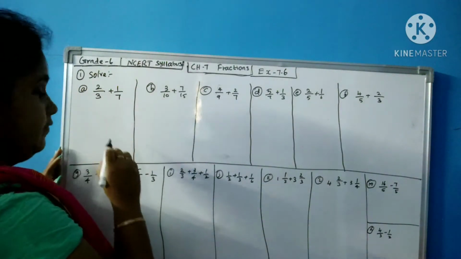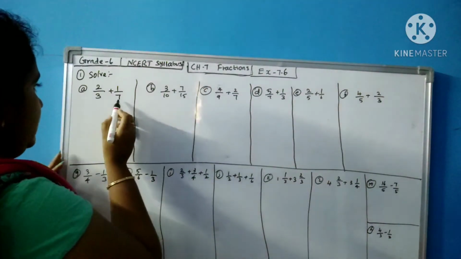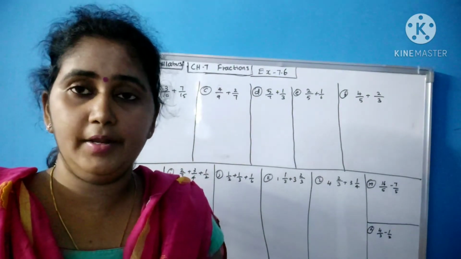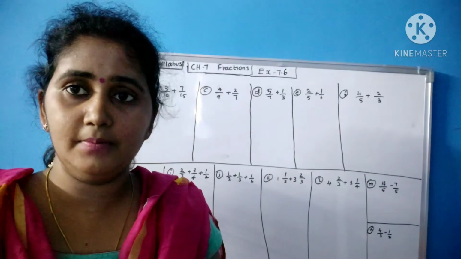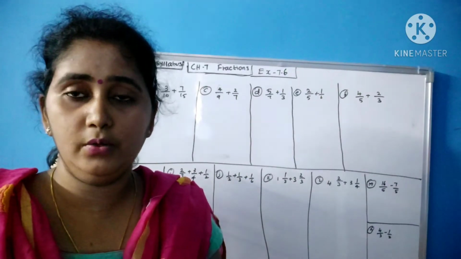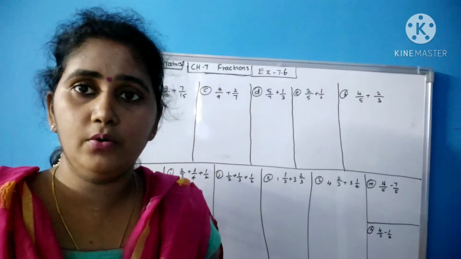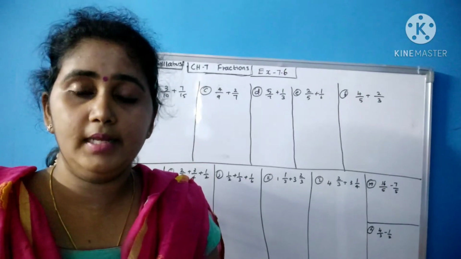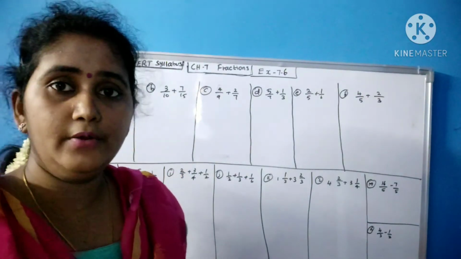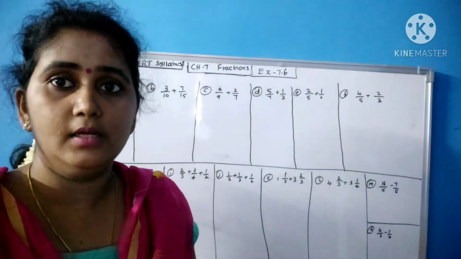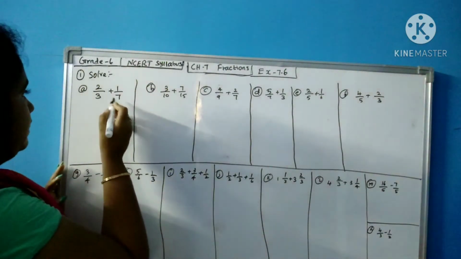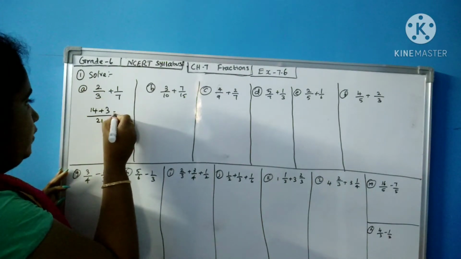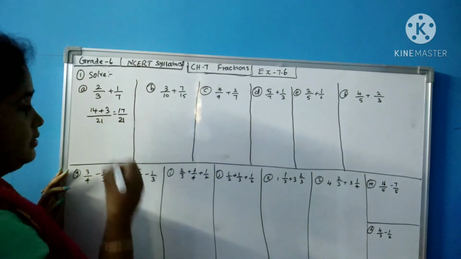Different denominators are given. So how will you solve, you have to see. In the case of 3 and 7, like the prime numbers 2, 3, 5, 7 and it goes on, when a prime number comes as denominator you need not take LCM, because it will not go in any other table. It is only divisible by the number itself. So what you have to do is straightaway cross multiply. Now I will cross multiply 7 and 3. 7 2s are 14, 1 3 is 3, divided by 3 7s are 21. So 14 plus 3 is what? 17. 17 by 21 is your answer.